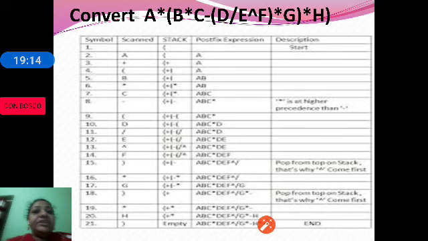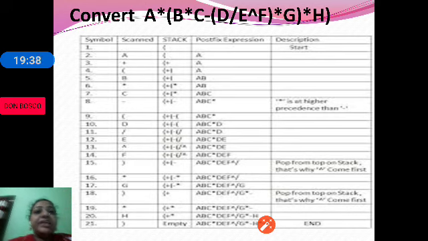So we begin. The first scanned symbol is A. A is an operand, it goes to the postfix expression. The next scanned symbol is into, and it goes to the stack. The next scanned symbol is a left parenthesis, it goes to the stack.